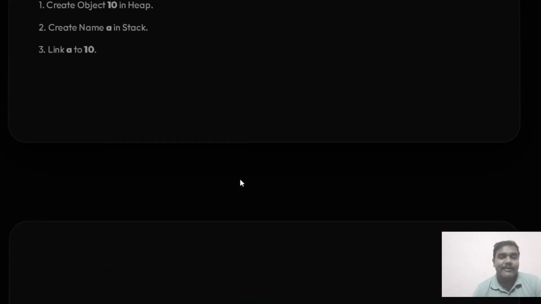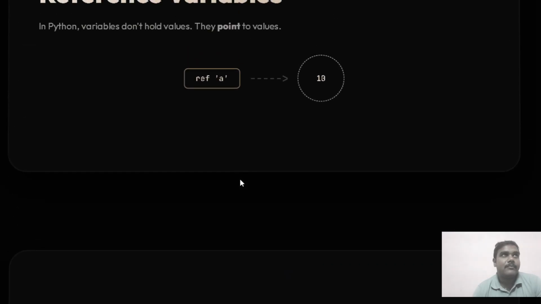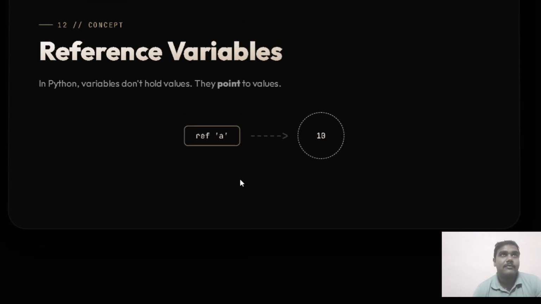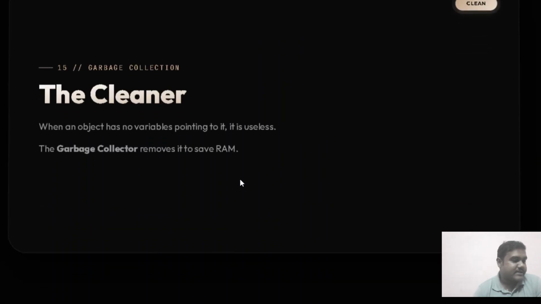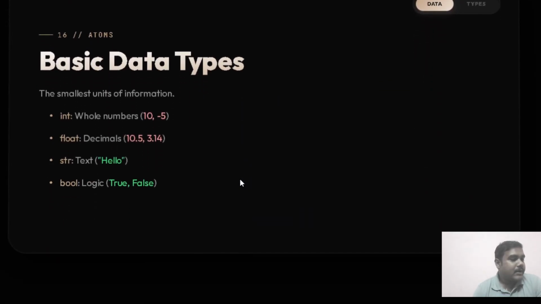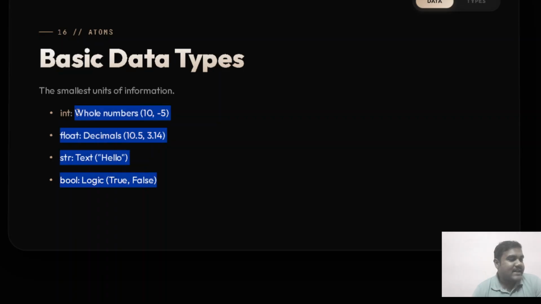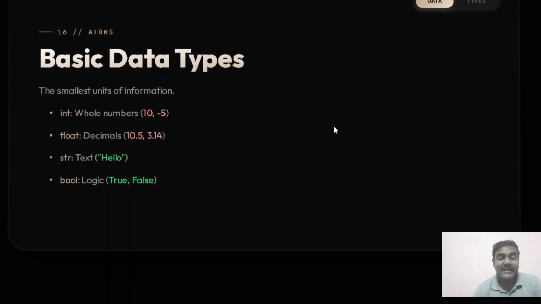So there are certain types like pass by reference and pass by value. We'll take a look at all of this in upcoming lectures. Okay, and if I talk about data types, these are some basic data types, and obviously there are some other advanced data types also. Like there is tuple, there is list, and obviously there is dictionary, and there is array. Although in Python there is nothing like array, but there are tuples.